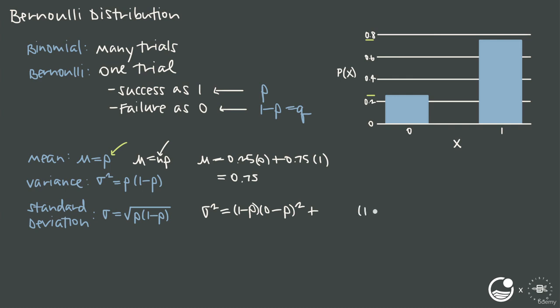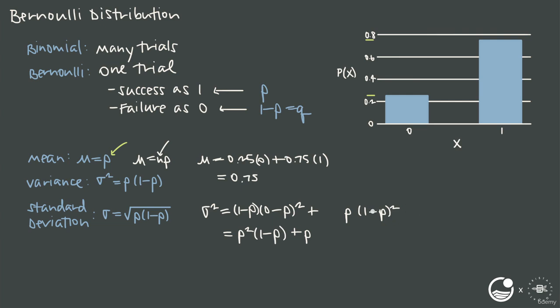Here we have 1 minus the mean. We square that difference, and then we multiply this by the probability that this value occurs, which in this case is 0.75. It's the probability of success. It's p. So we multiply by p. So this is the sum that we find for the variance. And when we simplify this equation, here we get 0 minus p is a negative p. Negative p quantity squared is positive p squared. So we could say p squared times 1 minus p, and then here we have p times 1 minus p